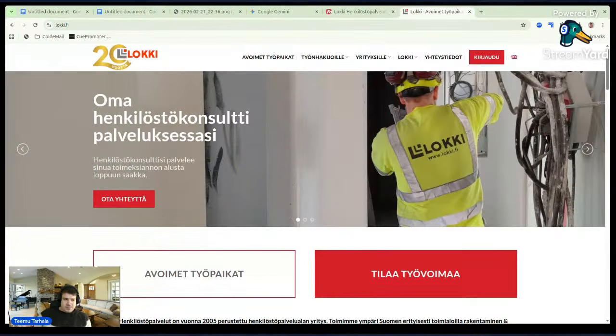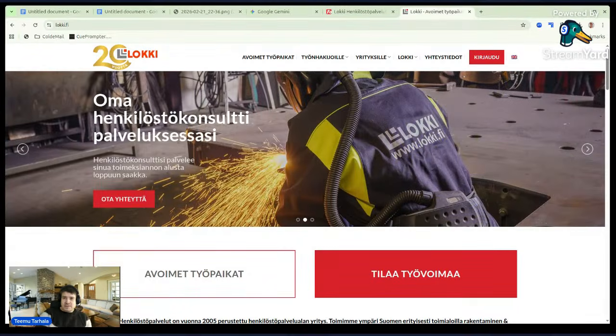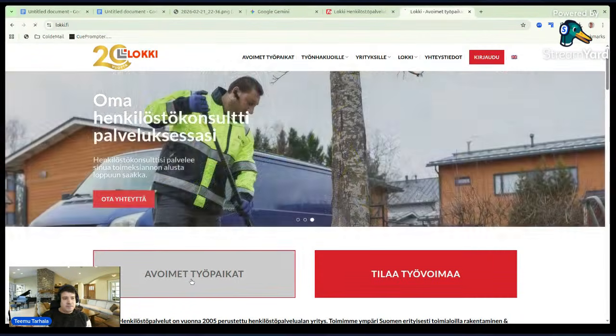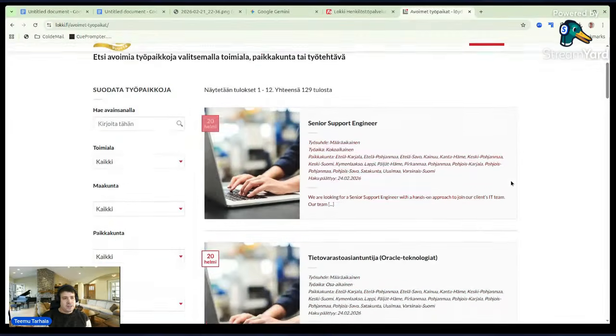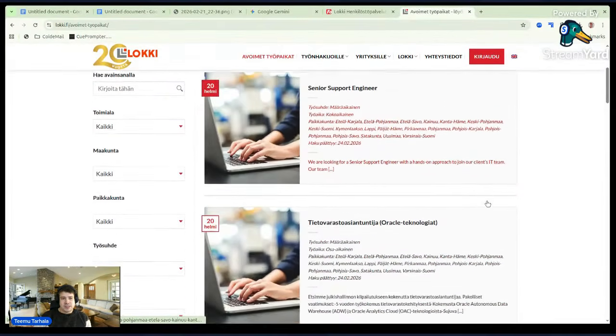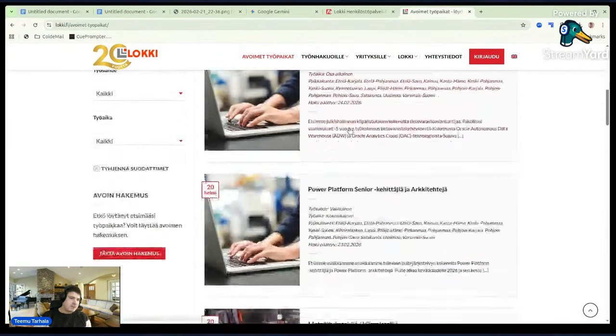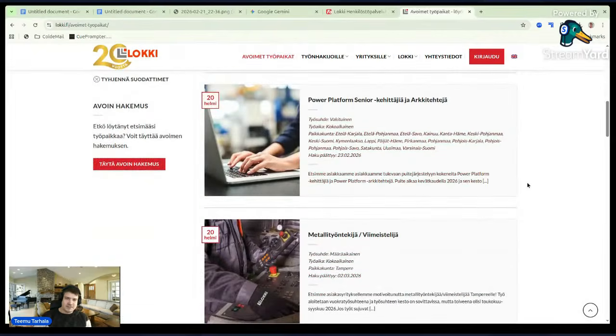How it works when you apply in a staffing company. Let's assume that there's a place you want to apply. We go and click places open, and here you can see, oh, they have a lot of IT places open. This would be good for an IT guy from a couple of days ago. But let's talk about the tactics and the way we should deal with staffing companies.